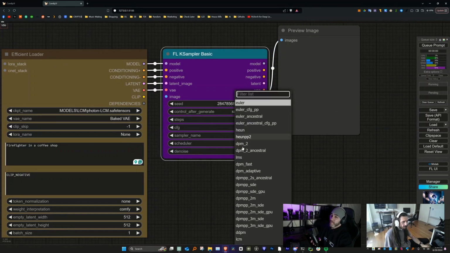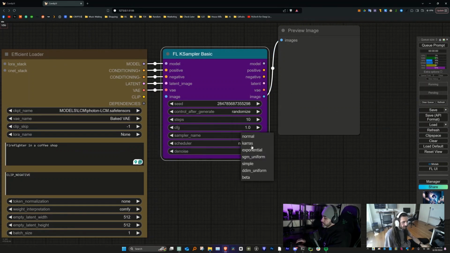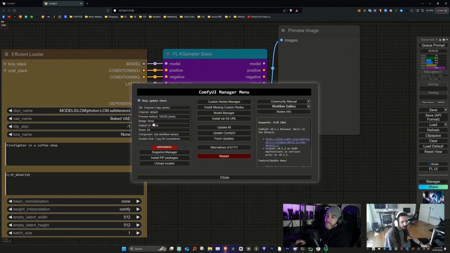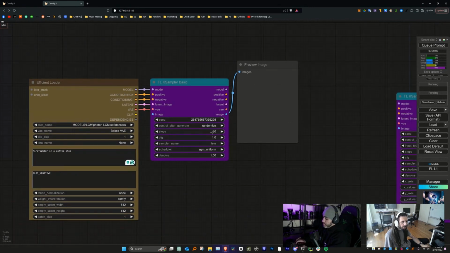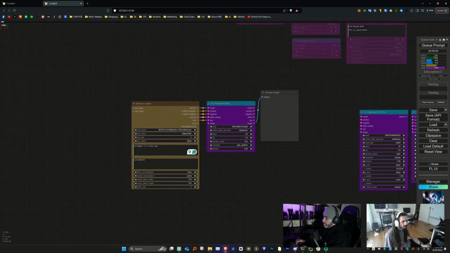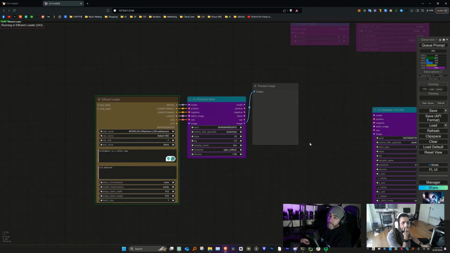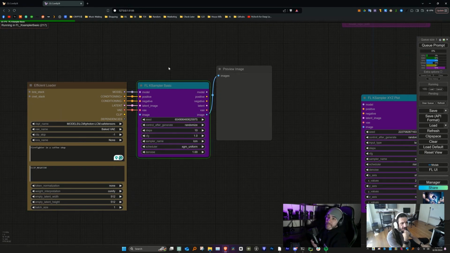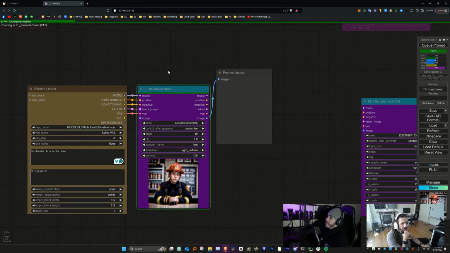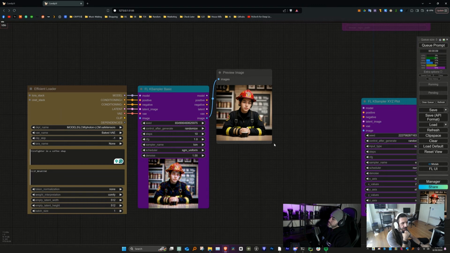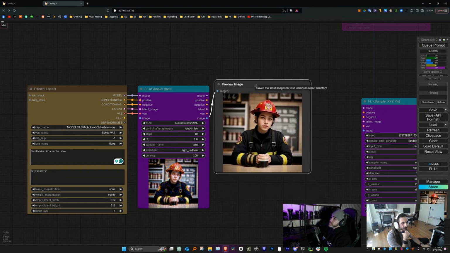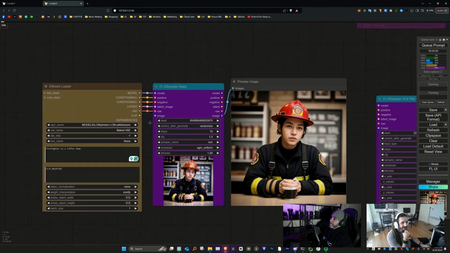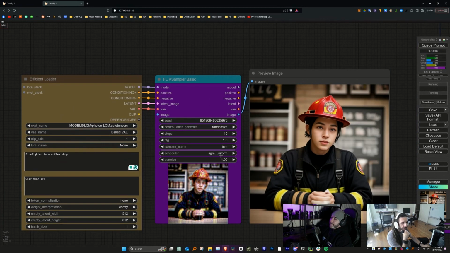Pretty self-explanatory. This is just a basic K sampler that I built. Let me make sure. Yeah, that's good. The only extra functionality that this one provides is, instead of having to encode images with a VAE encode, it's actually built in, and so you get this